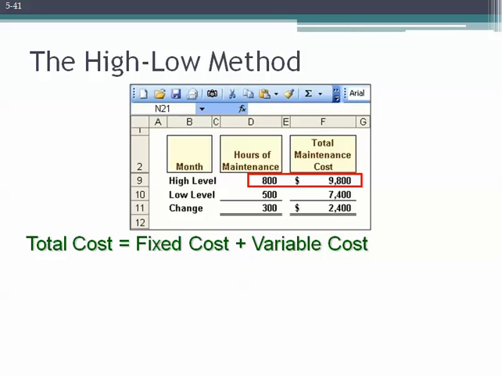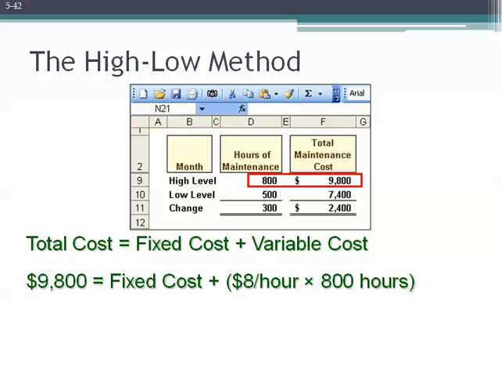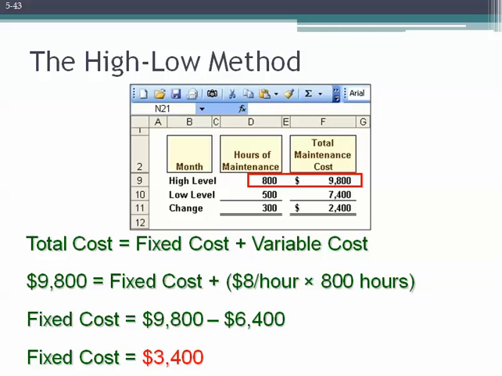Recall, our total cost will have two components, a fixed and a variable cost. We can select one of our data points. It doesn't matter which one. We're going to go ahead and select the high level of activity. At the high level of activity, our total cost is $9,800, and that will equal our fixed cost, which we don't know, plus our variable cost component, which will be our 800 maintenance hours multiplied by $8 cost per hour. In solving for our fixed cost, we get a fixed cost component of